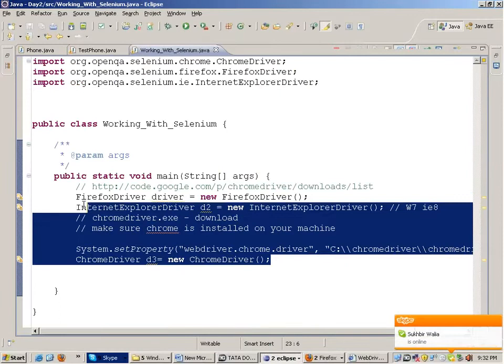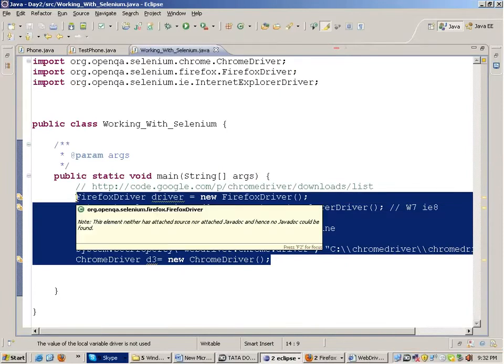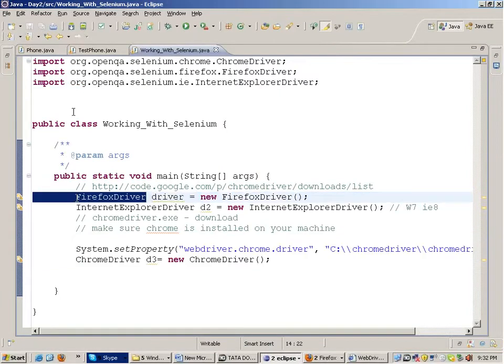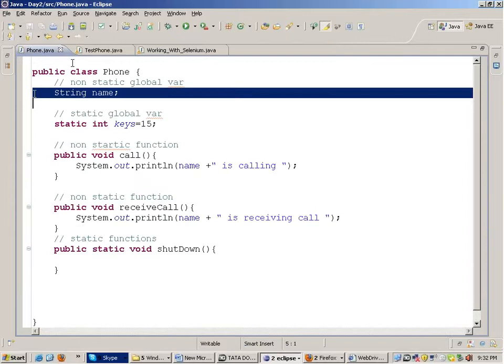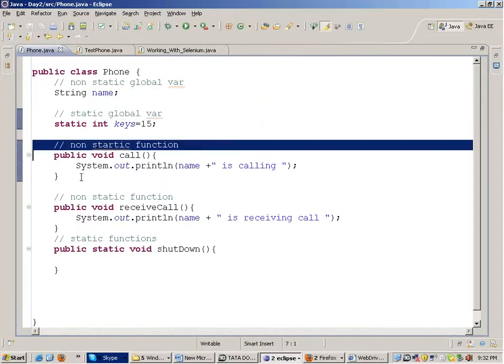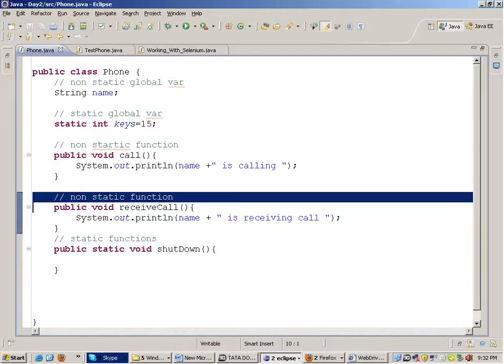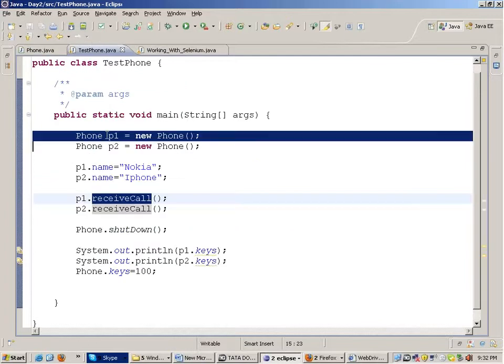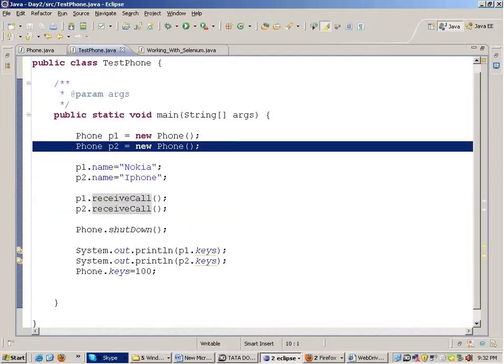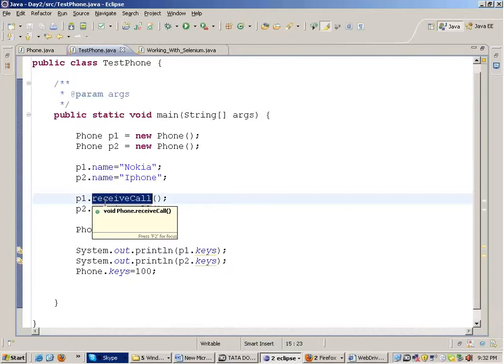Now how to access the functions inside these classes? For example, I had this phone.java. It had various static and non-static functions inside it. In testphone.java, I created the objects and called the functions, right?